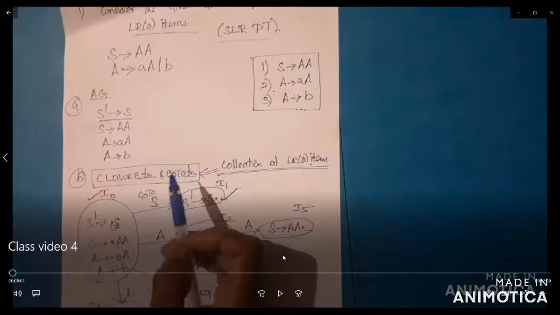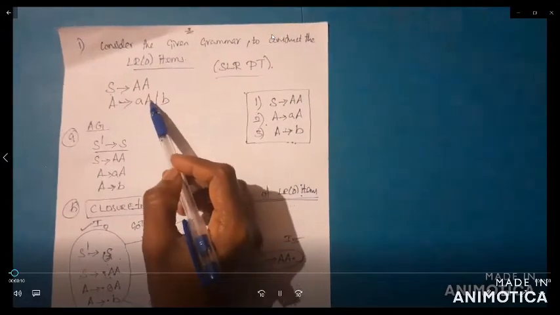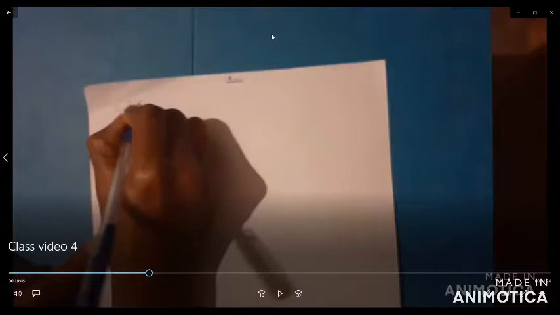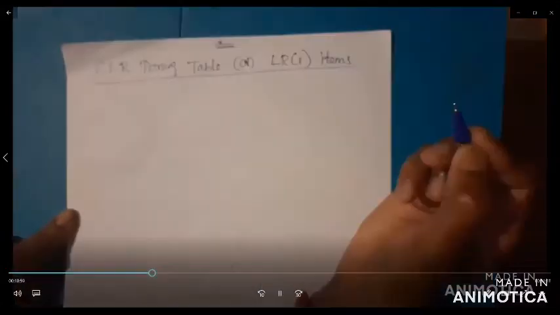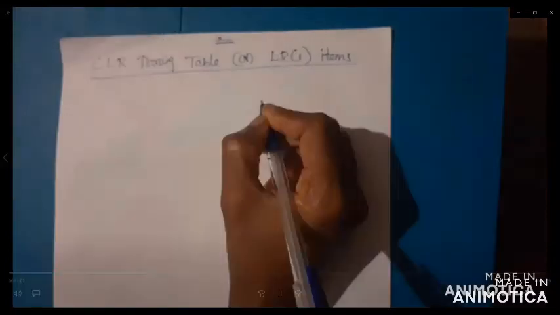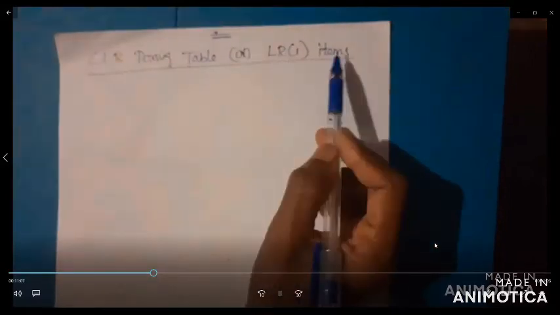Okay. We discussed the SLR parsing table, that is the LR(0) items. So first, given the grammar, based on the grammar, you construct the CLR parsing table, or LR(1) items. For the examination, for the given question, construct the CLR parsing table or LR(1) items for the given grammar, which means you have to do all the steps.